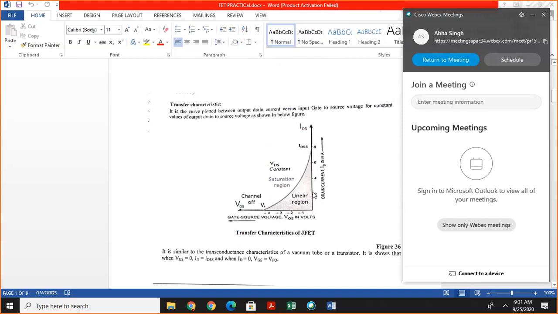In transfer characteristic, we have to draw a plot between ID and VGS when VDS is constant. That is, a graph between ID and VGS, the gate to source voltage, at constant drain to source voltage.